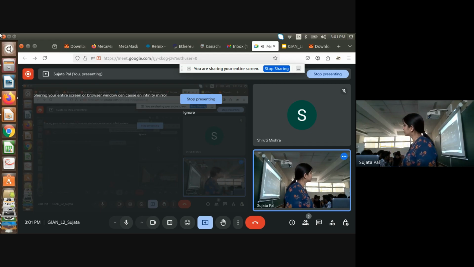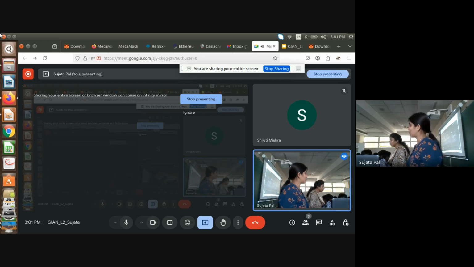On the mainnet, do we still have these options? Mainnet? No, on mainnet you have to pay dollars and purchase. Yes, you can mine on mainnet, but for that you need some stake. You have to purchase it, and you need this much stake, and then only you can mine.